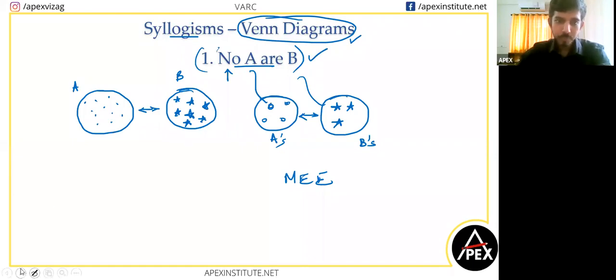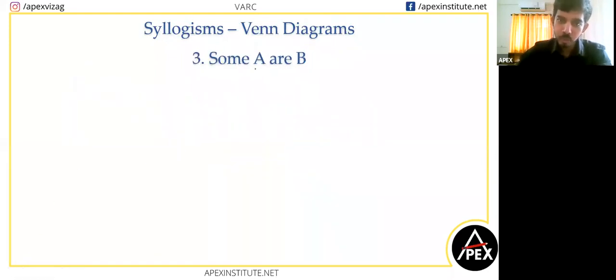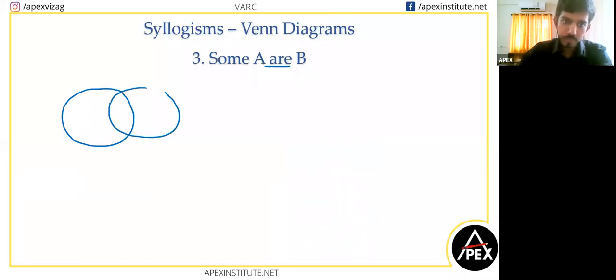Okay. So we've covered no A or B, we've covered all A or B, and now we have one important situation called some A or B. And the most common way to draw it is to draw two overlapping circles. So if these are your circle for A's, and they have A's in it, and this is your circle for B, and they have B's in it,